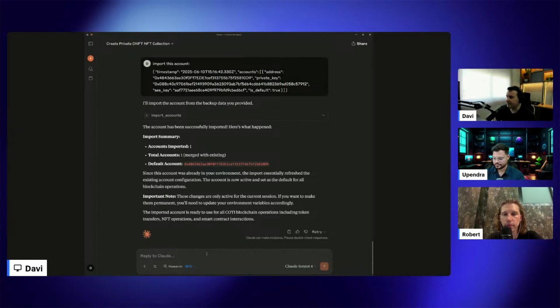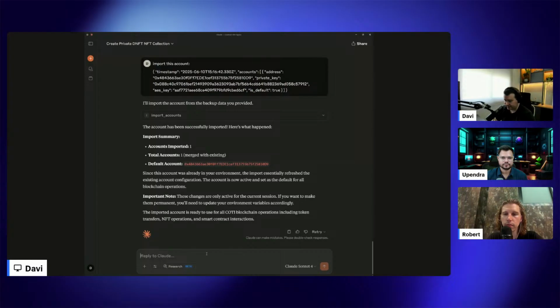Another good feature here is you can call any function on any smart contract, because we have a call contract function. That's a generic function. All the other functions I showed are basically pre-coded. When I ask for the balance of the ERC20 token, I have a tool that gets the balance of the ERC20 token, right? But if I want to call, let's say, a read-only function, to just get the symbol of the contract, but I don't have a tool that gets the ERC20 symbol or the 721 symbol, I can just call a custom function that does that.